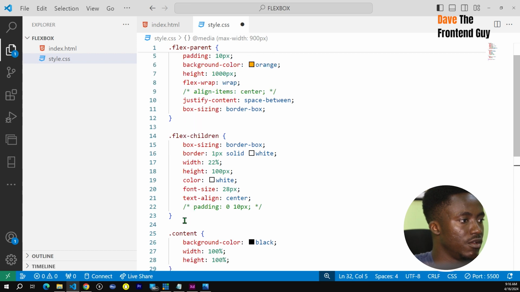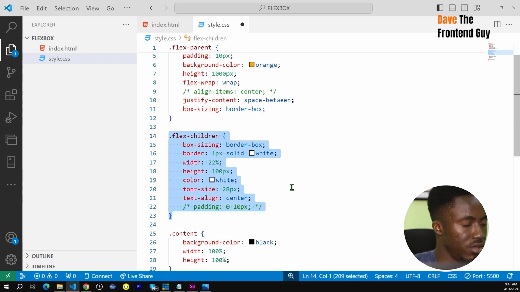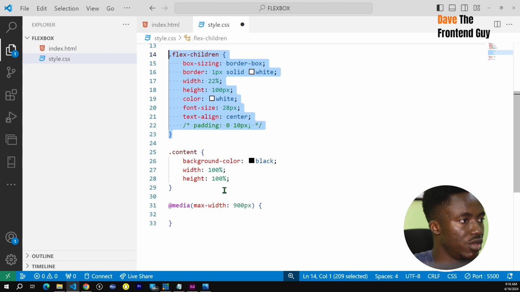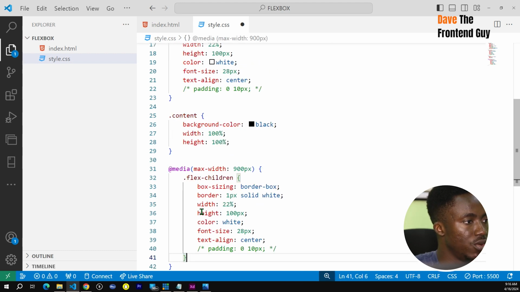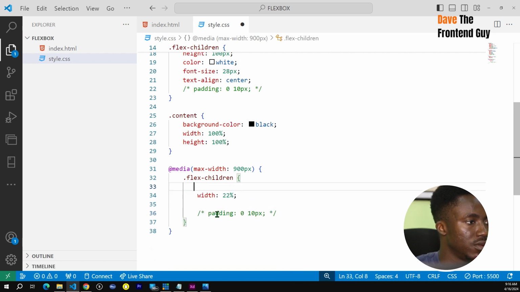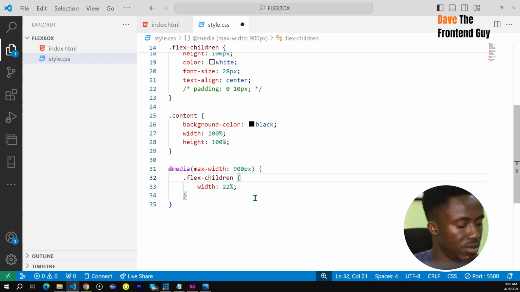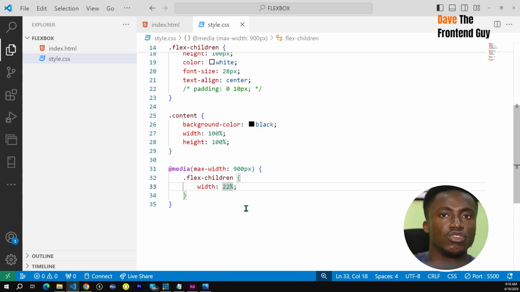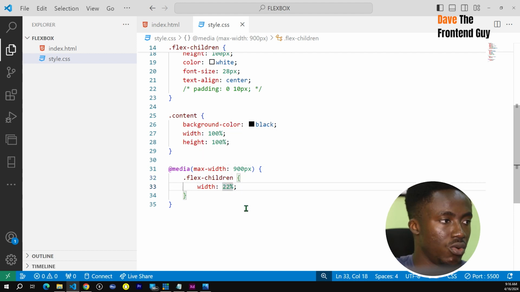So if that is the case, let's copy a flex children. Now the only thing that we need to tweak is our width, for starters. So with a max width of 900px, what do we want to happen? We want two items to fit in a row. So let's make it somewhere 48%